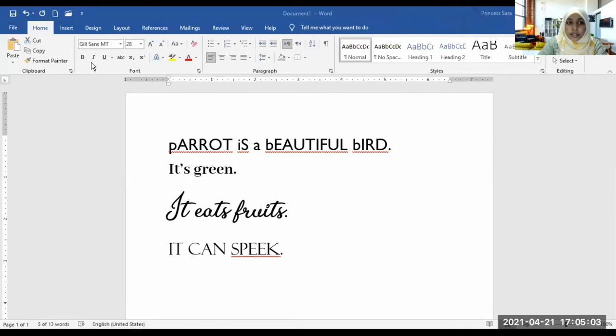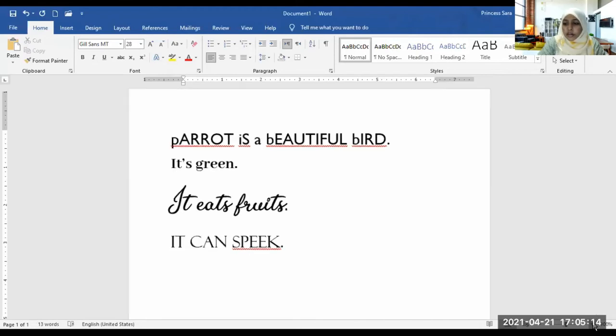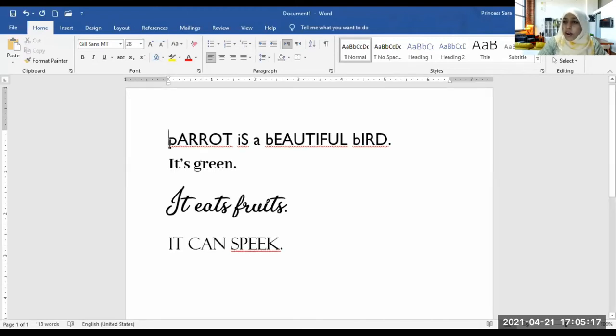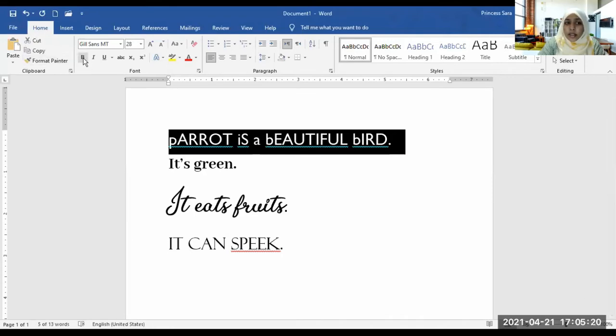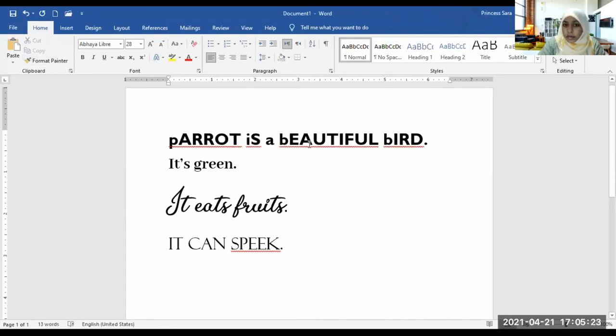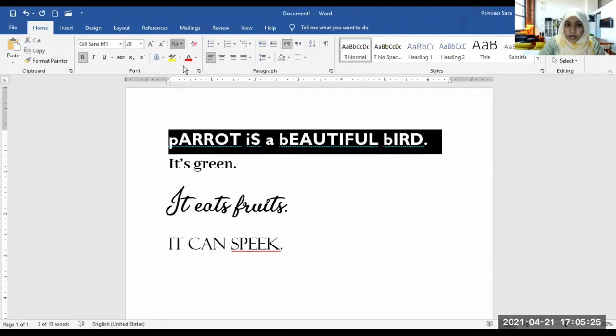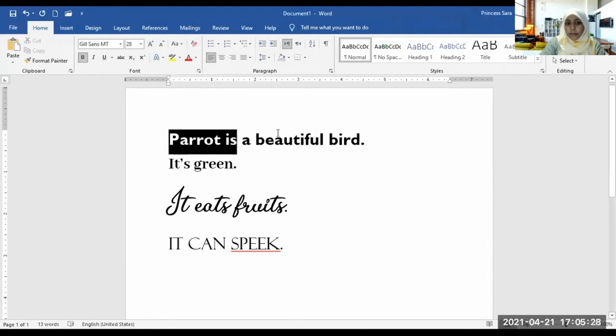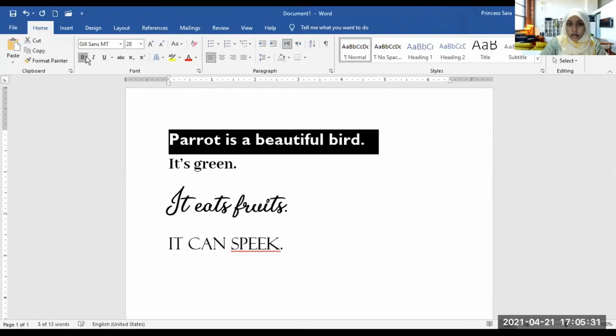Here there are other things also. The letters B, I and U, with an underline under that. We will see what those things are. Okay. B is bold. Bold means we can bold the letters. See, it becomes bold. Can you see what happened here? Bold. Italic. This is italic. What happens? It italicizes the text.